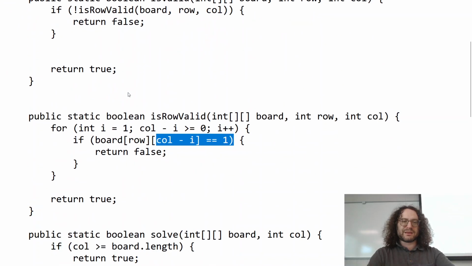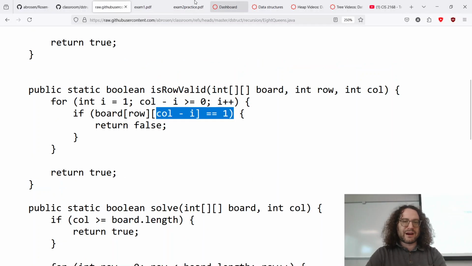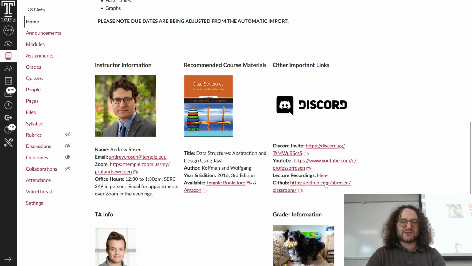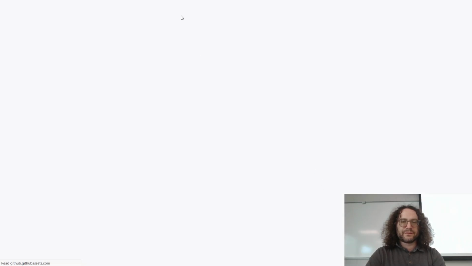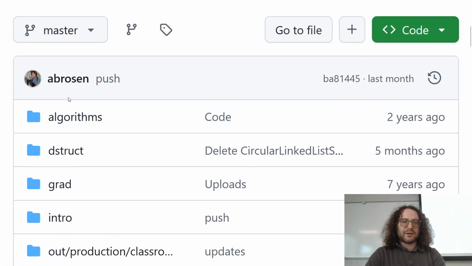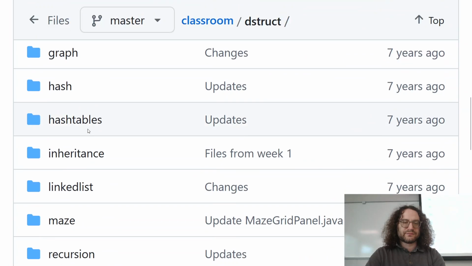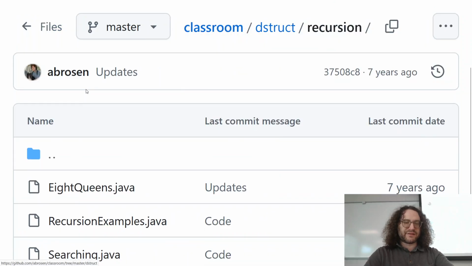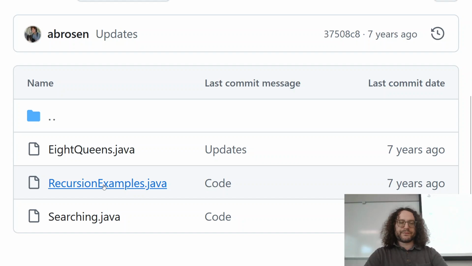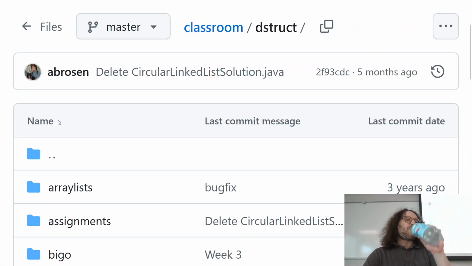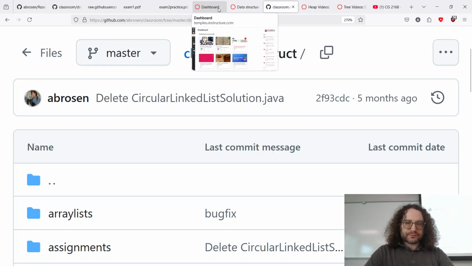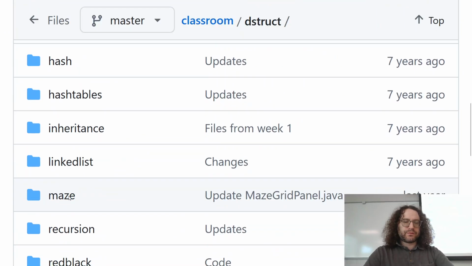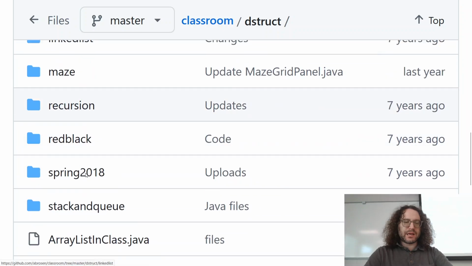But again, if you need this as a reference, rather than having to furiously jot this down, just come over here to the data structures, hit GitHub, and go to recursion. I've got so much stuff in here, it's very interesting, you can see. The next homework will be the tree homework, which you'll be able to use quite a bit from the